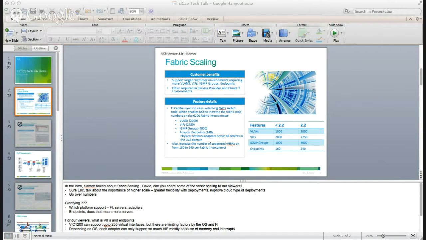So here are some of the numbers that we increased from that standpoint. From an endpoint standpoint, just for clarification, going from 160 to 240 does not mean the number of servers within the UCSM domain. That still stays at 160. The 240 represents actually the I/O adapters that we have increased, because if you remember in our M1 and M2,